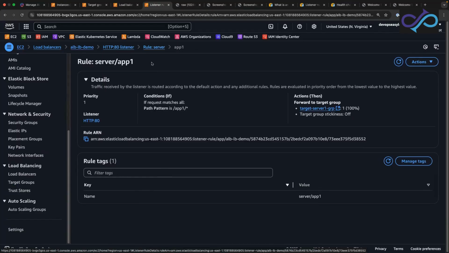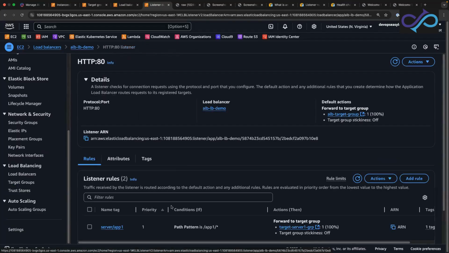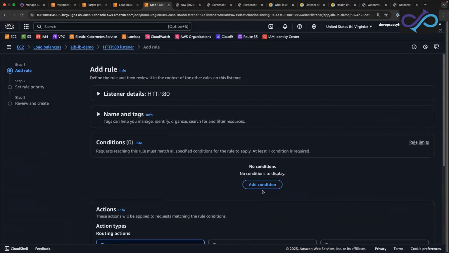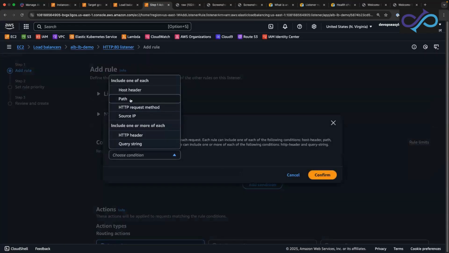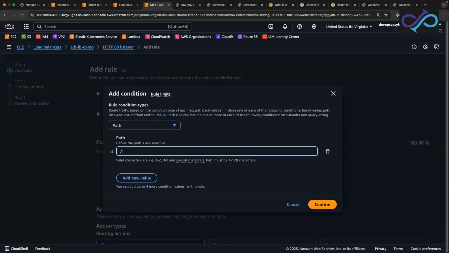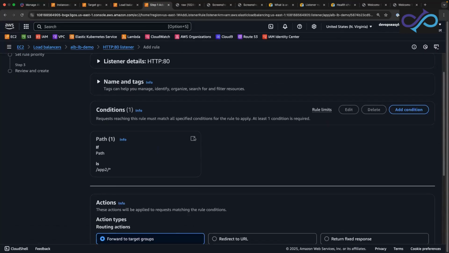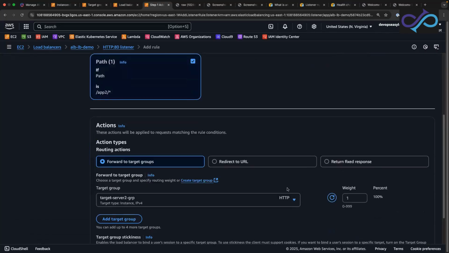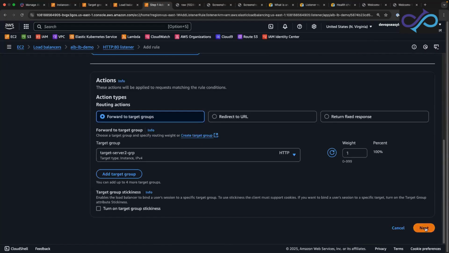So go back to my listeners, and we have server 1 rule. I'm going to add a new rule, and same thing, condition, path-based routing, forward app 2 forward asterisk. So this says, please use any URL, any path after app as our landing page. So next, select this, and this time we're going to point it to target group 2, and next,